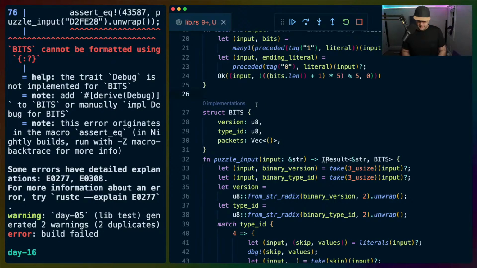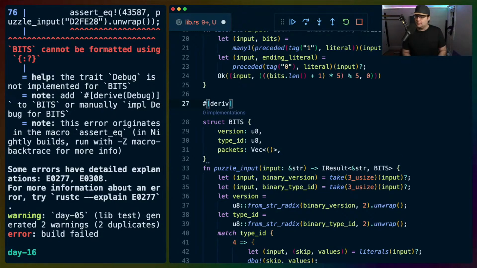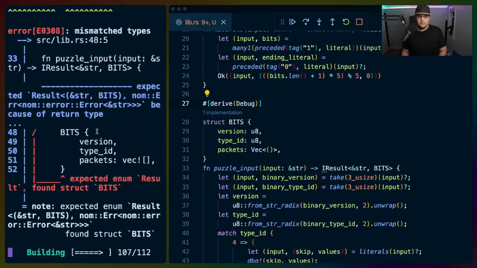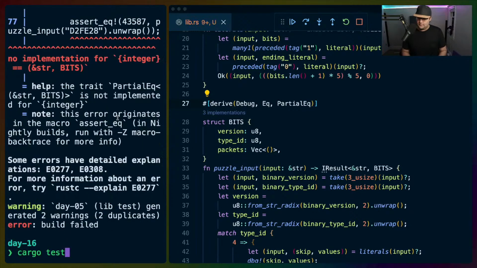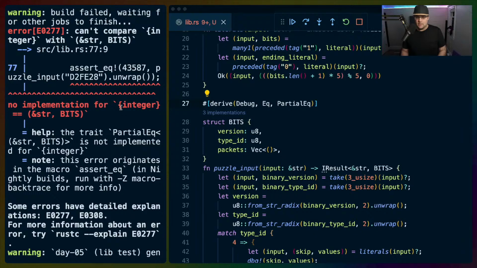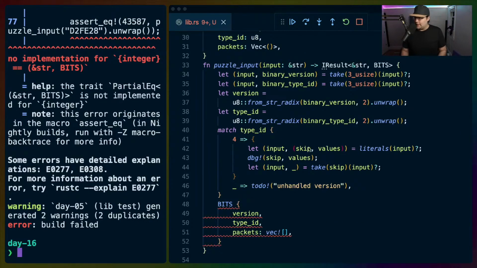Can't be formatted using debug because we didn't derive debug. We need equality because we're using it in tests. No implementation for integer string slice bits. That is correct